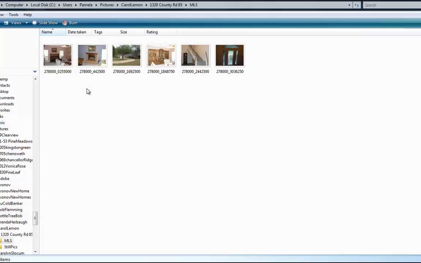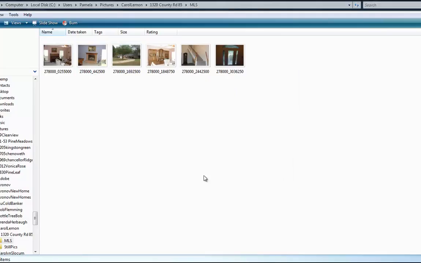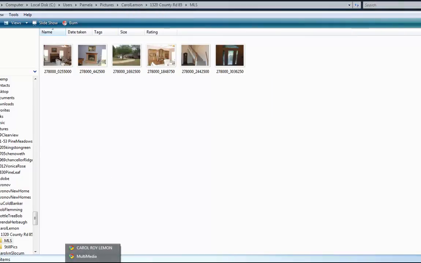But taking them off of MLS, you already have pre-compressed photos. And what I'll do is show you in the next training video I send you how you can cut these photos down using a tool called Photo Sizer, which is very simple. But for now, after you load them in the MLS, you go to MLS.com, pull up Carol's listings, then